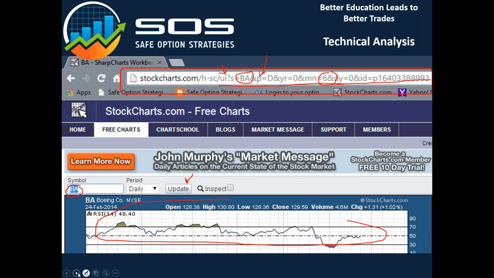Once you've got this big long URL in your address bar, then you bookmark the page. And if you'll bookmark the page, and I've got my little bookmark right there for stockcharts.com, if you'll bookmark that page after you've got all this information in it this way, every time you come back to Stock Charts by clicking on your bookmark, all of this will be set up the way you want it